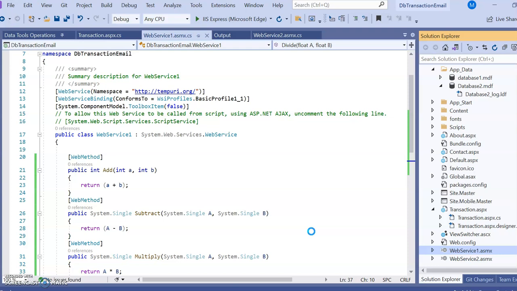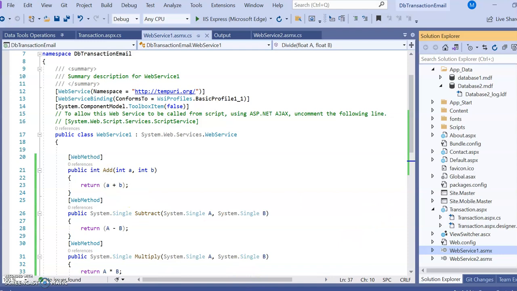Once we create a web service, we have to consume it. Consume means we have to use that web service in any application. So for addition, subtraction, you can use this code directly in your application. You need not write this code; it will be run from your web service.